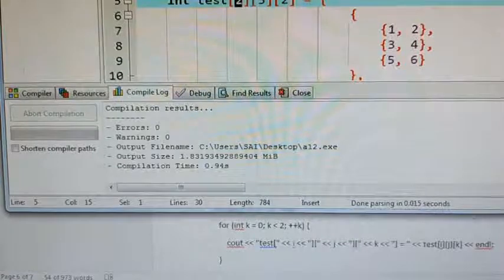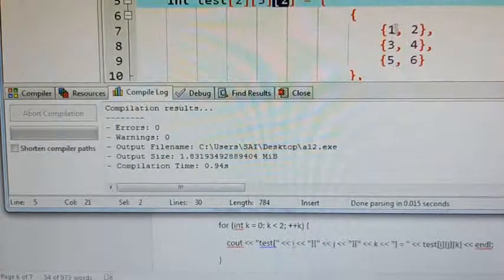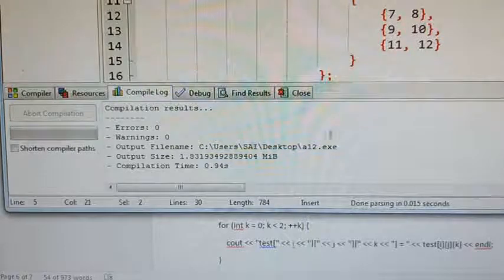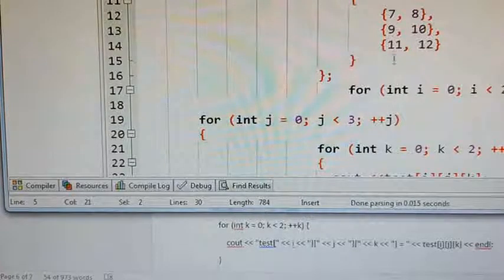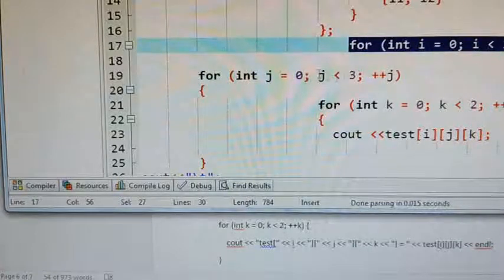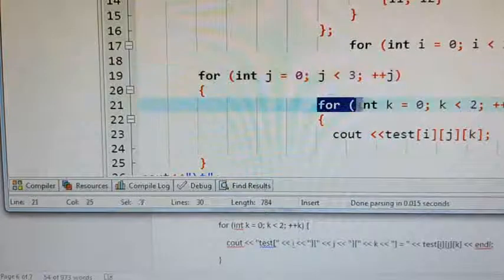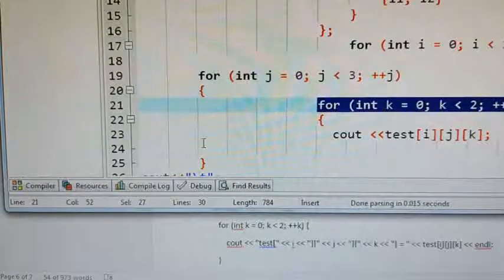And in each and every matrix, how many rows and how many columns do you have? 3 rows, 2 columns. This is the first matrix and this is the second matrix. This is for the number of tables, this is for the number of rows and this is for the number of columns.